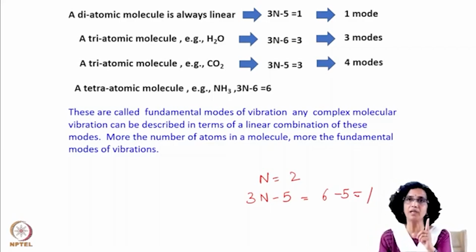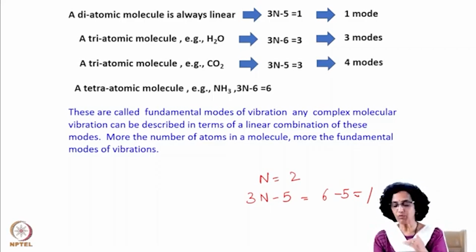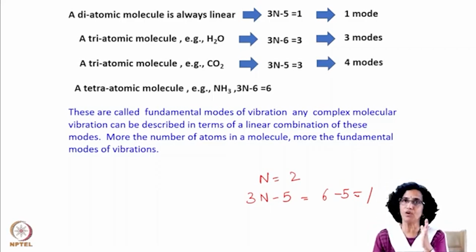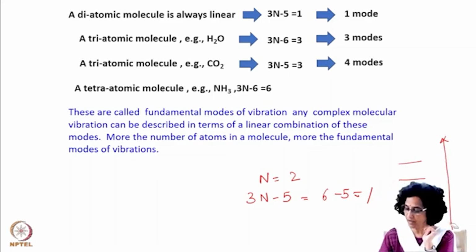So this is the only possible mode of vibration in the case of any homonuclear diatomic molecule, and therefore a diatomic molecule will have a ladder of vibrational levels, and it will have only one such ladder because there is only one vibrational mode possible. Now, if you consider